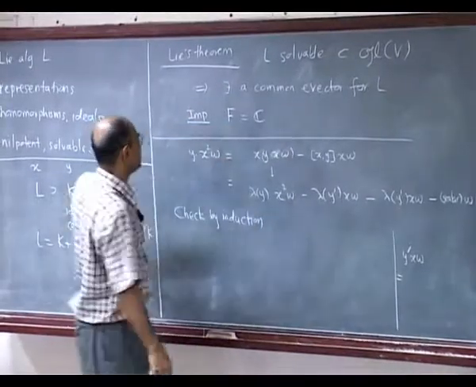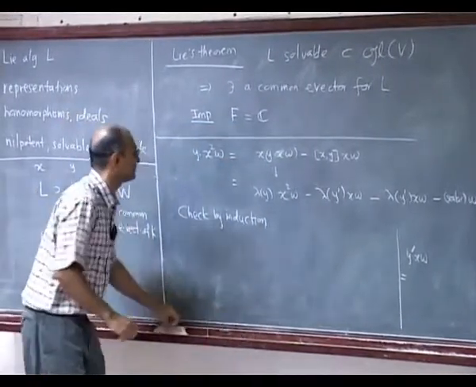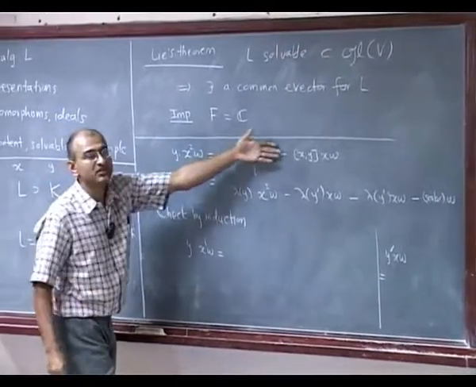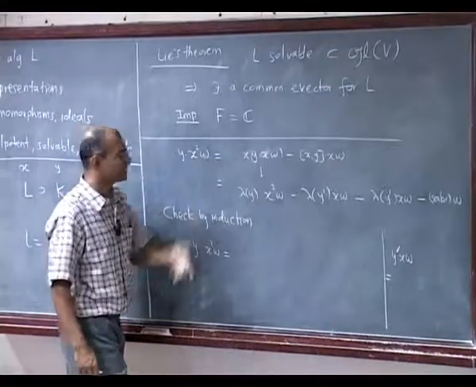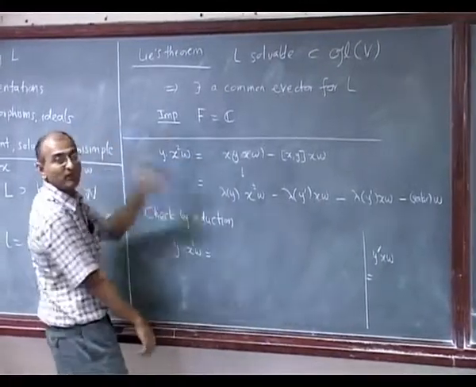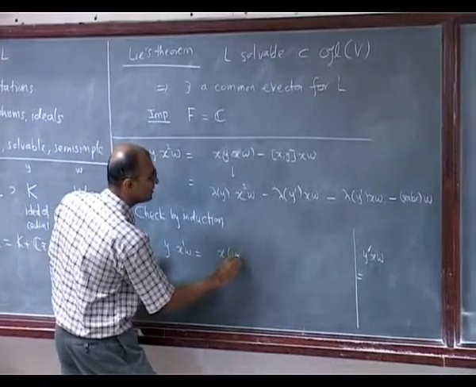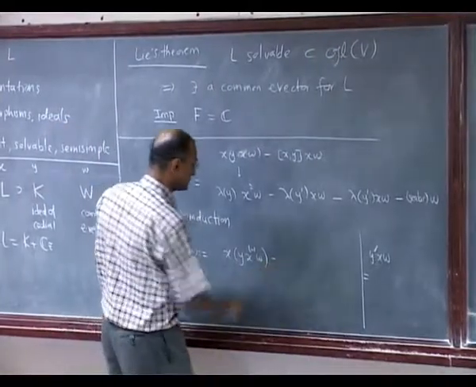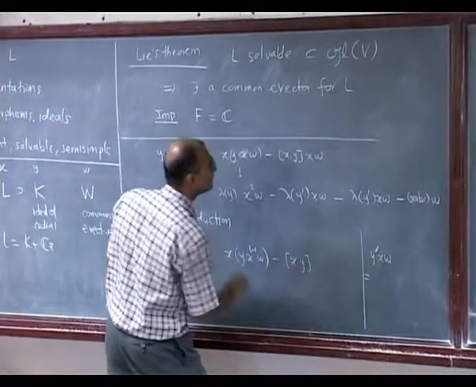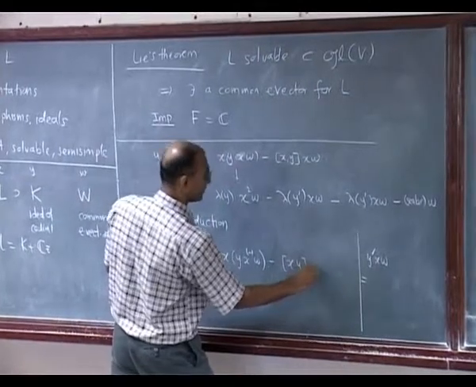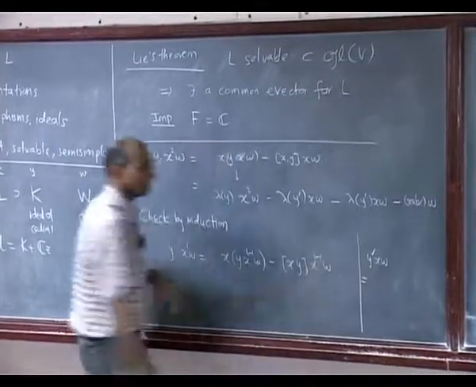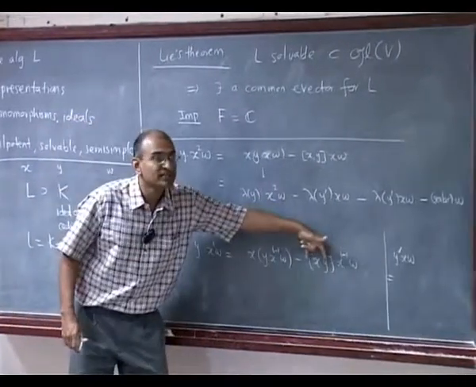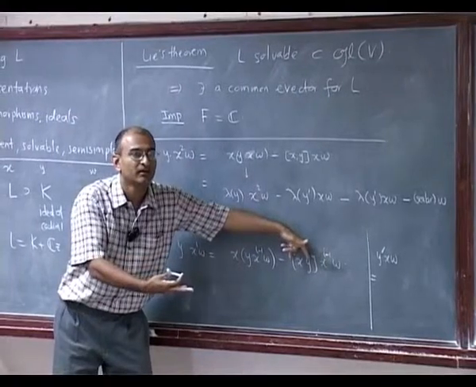What you will have is that, okay, so this is bad, but might as well. So y acting on x to the I w. So what will change over here? Let's just do it, at least sketch it. So what will happen? I will peel off one of the x's, so I will get x times y x to the I minus 1 w minus bracket of x y on, but this is good, no? Already the induction is done, you see, because this bracket of x and y is just another y.